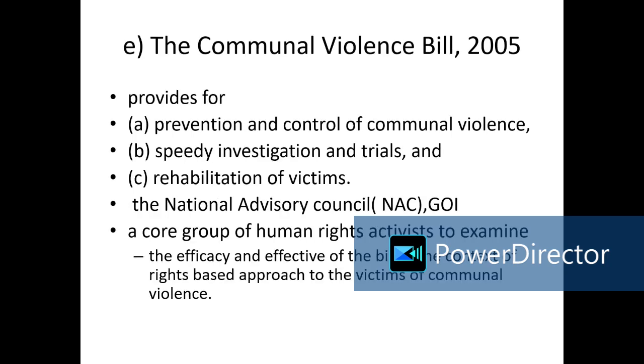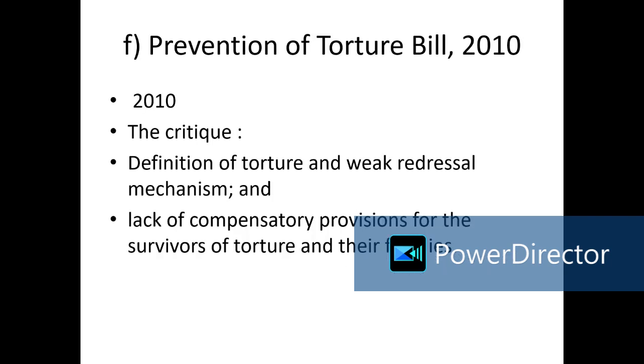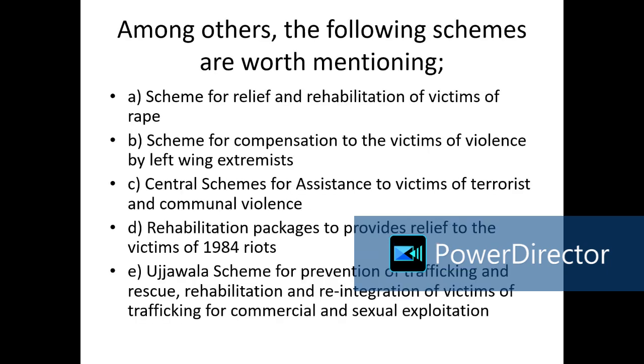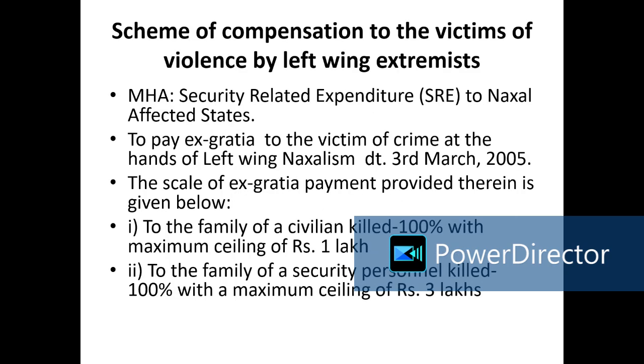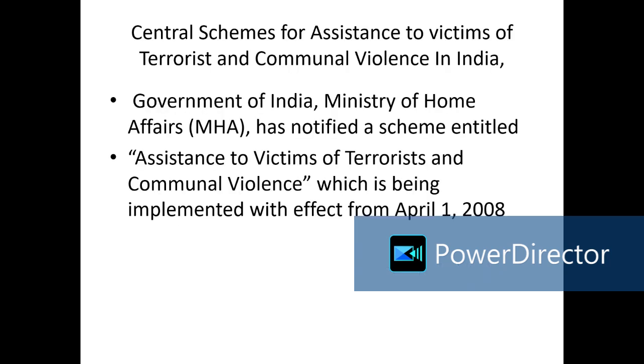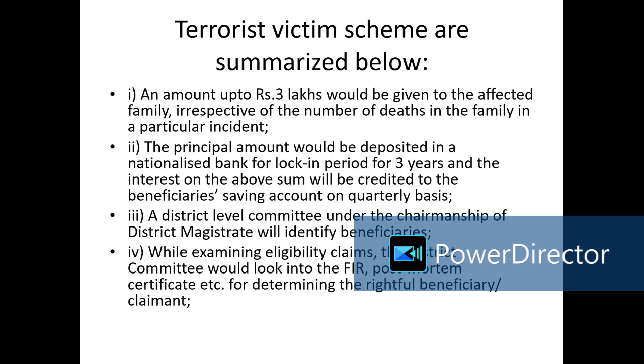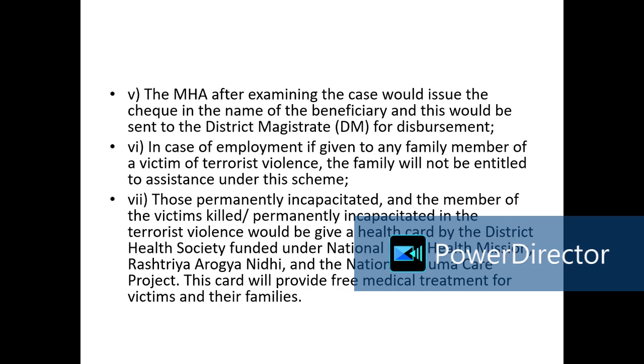they said the moment the post-mortem of the victim is done, immediately after the post-mortem, 75% of the compensation has to be given to the victim. The remaining 25% is to be given at the time of conviction by the lower court. If conviction is done by the lower court, that is enough. Of course there is an appeal to the higher court, but we need not wait for the appeal stage. Even if the lower court pronounces the conviction, the remaining 25% of the compensation needs